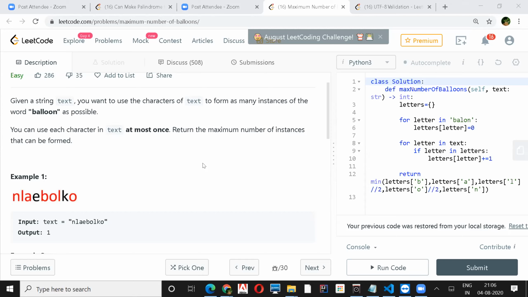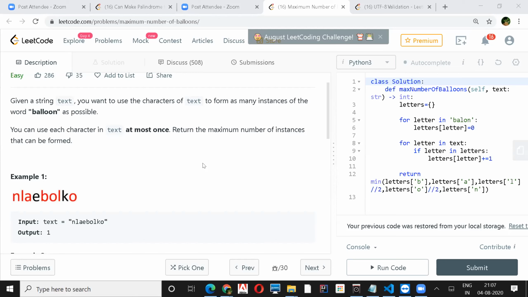But how will you take care if O is occurring four times? Like first time you got double O, one time you form the balloon. Next time, let's say if it is again possible to form the balloon, you might have to take some care that you have seen these things. It's a brute force, so we can remove the character. I think we can remove it and form a new string without that character and go on like that. So he's talking about a brute force. That's good. But we are trying to create some algorithm to get into brute force, right? The easiest way is just keep on counting the letters.